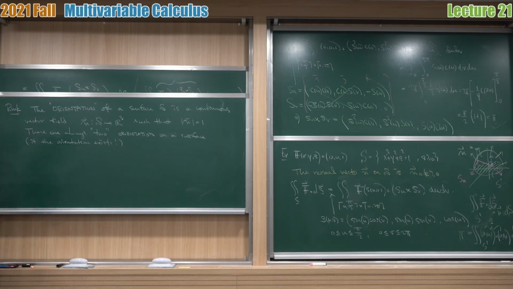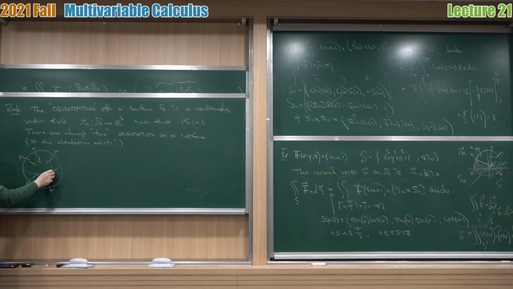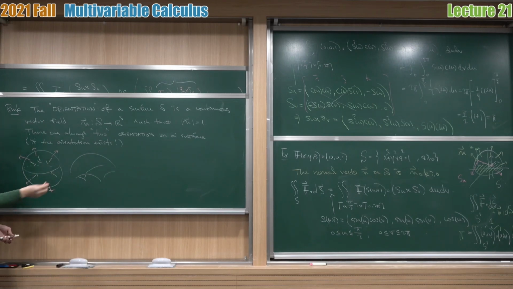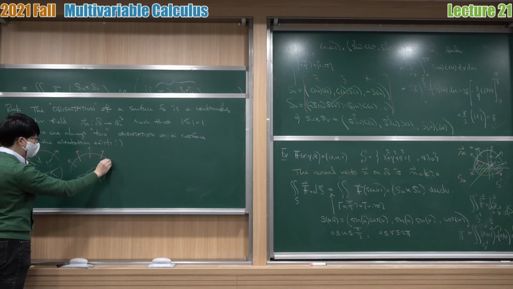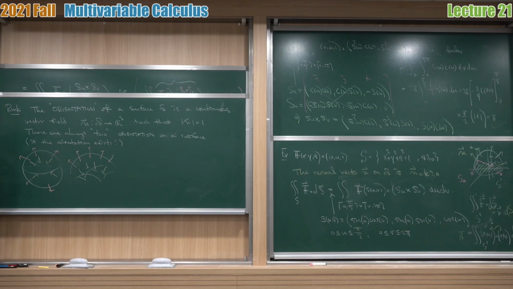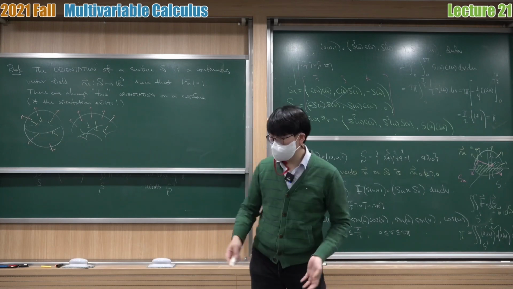So if the orientation exists, there's always two. For example, if you have a surface as a sphere, then you can take one orientation as an outward orientation and the other orientation as an inward orientation. Okay, like that. That is a closed surface, but if you have an open surface which has a boundary, you can also choose your orientation as an upward direction and the opposite direction, which is a downward direction, like this. But there are surfaces